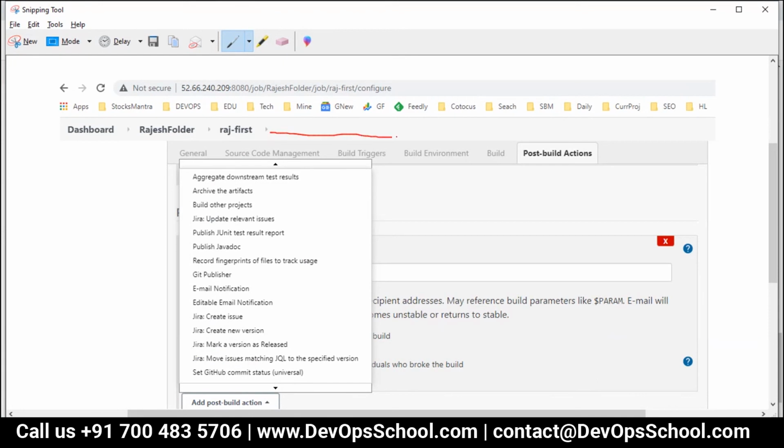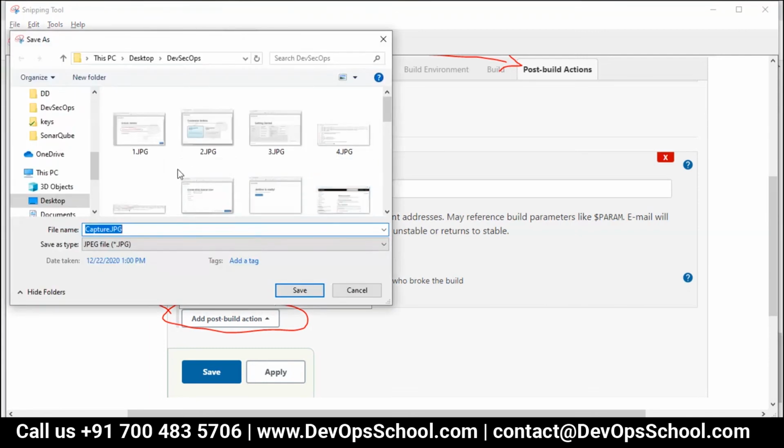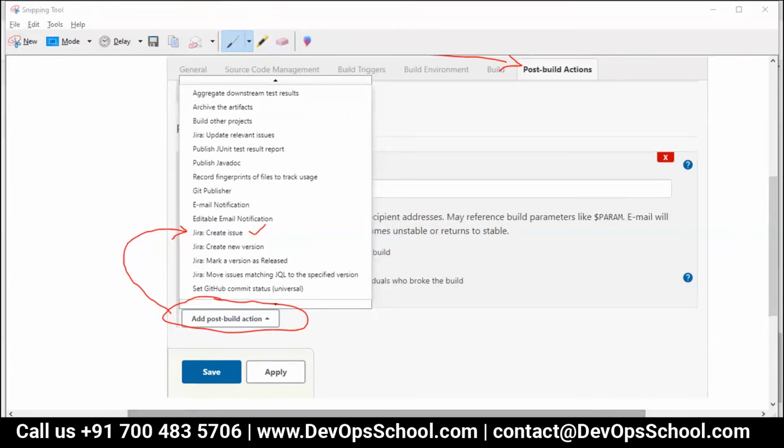Go to post build action, under this post build action, add actions, and finally you are going to this option. I hope it is clear now. And save it.